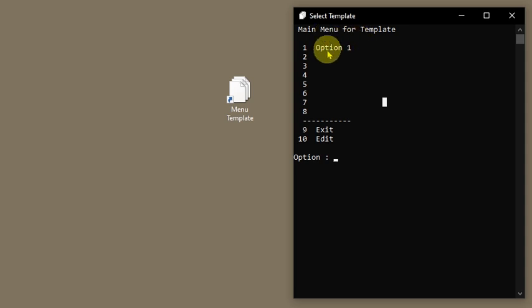Of course we could have option 1 as, say we were making a stores search function, enter a part number. We could have option 2 as search for a part number. We could have option 3 as enter a new stores item, that kind of thing. Obviously you change it as you need to. So if we go to option 10,